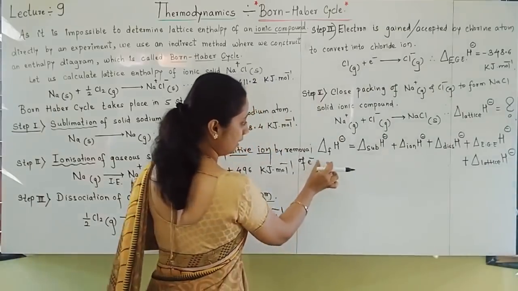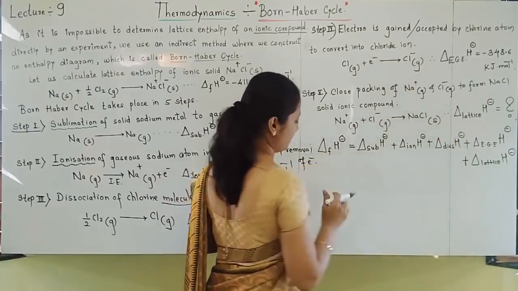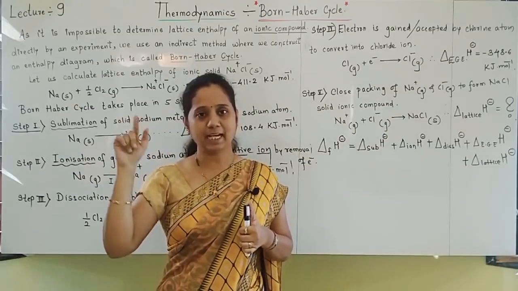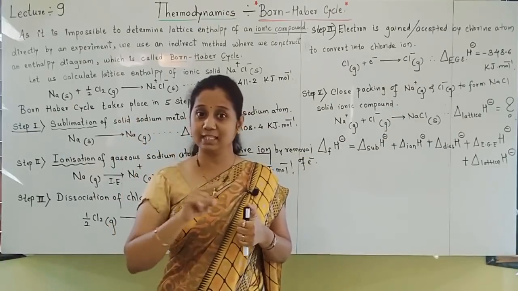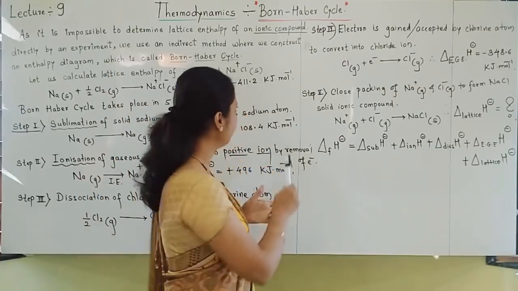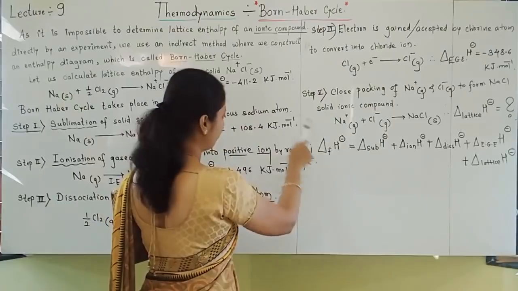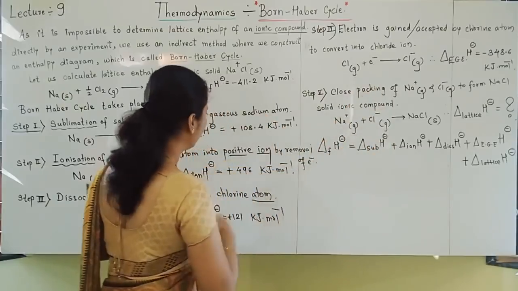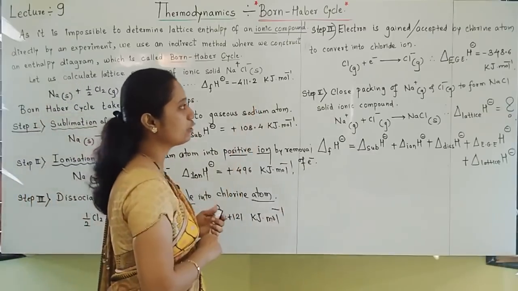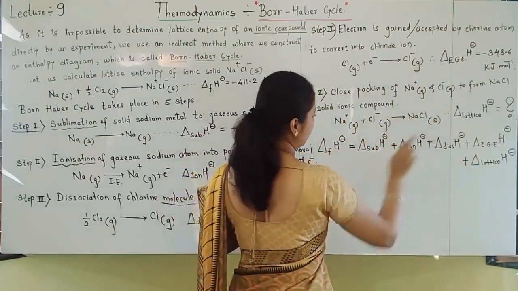This formation is always equal to enthalpies involved in these 5 steps. I have told you already, students, A converted to D, one step. That answer must be equal to A to B, B to C, C to D. It takes place in 3 steps. That total also becomes equal to 1 step. So here one step answer, how much enthalpy is required for formation, that must be equal to all these 5 enthalpies together. Which 5? Sublimation, ionization enthalpy, dissociation, electron gain enthalpy, because electron is gained, accepted, and lastly lattice enthalpy.